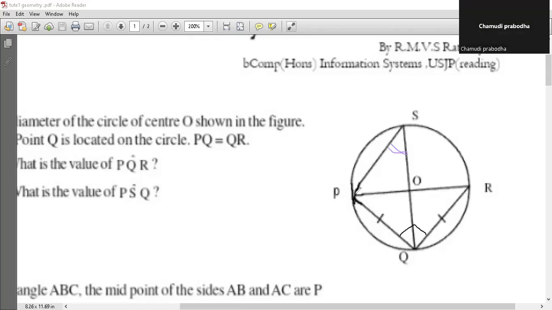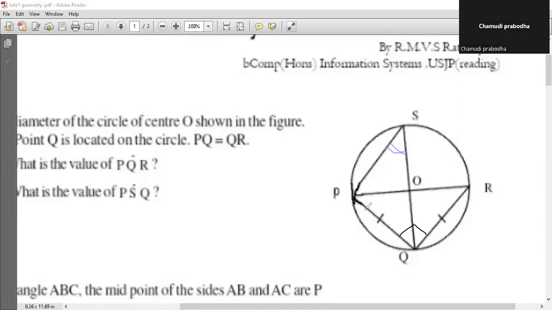So look at the triangle PRQ. It is an isosceles triangle because two sides are equal in there. Then there's a theorem: angles opposite equal sides are equal in an isosceles triangle. So according to that theorem,